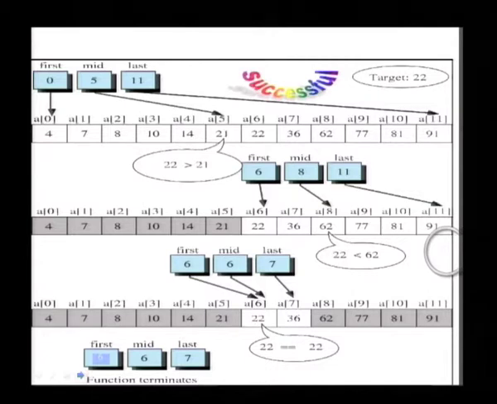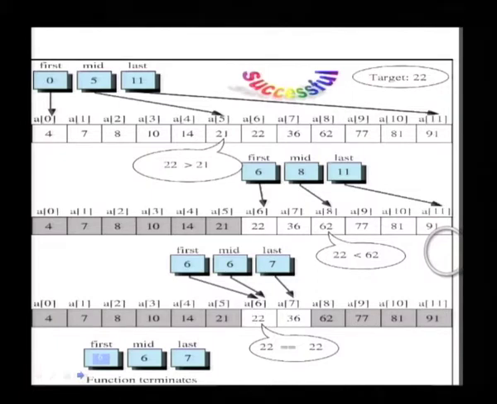Initially, first is the value 0, last is the largest array index which is 11 and mid is the midpoint which is the first plus last divided by 2, and we take the floor of the division, right. In this case the floor would be 5. So, 11 plus 0 divided by 2 is 5.5 and we take the value 5. A comparison of the given key is made with the data item which is located at the array index 5, which is 21, and 22 is greater than 21, and